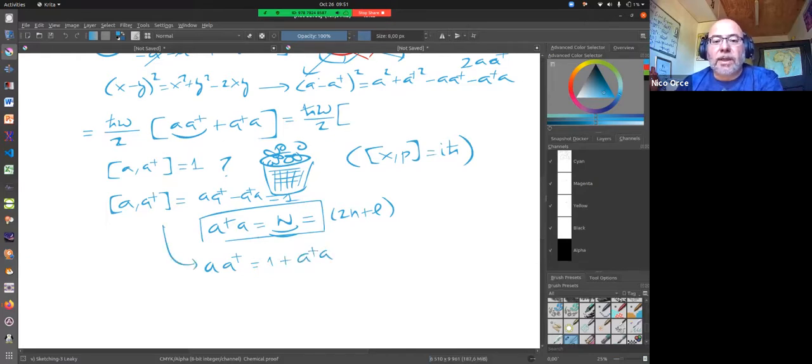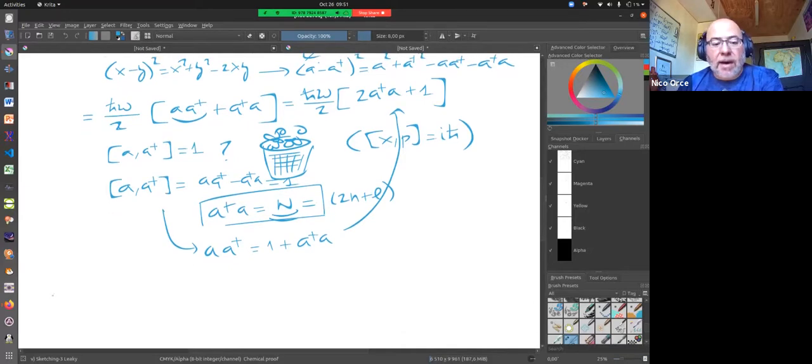So we substitute this over there, and we have h bar omega 2 times a dagger a plus 1, right? This is what we have just done here. And we can carry on now, and this is what we know, that a dagger a is equal to n, and n is equal to 2 times m plus L. We know this from quantum mechanics. So basically, we solve the Schrodinger equation, and then let's put this thing there. 2 times n plus 1,